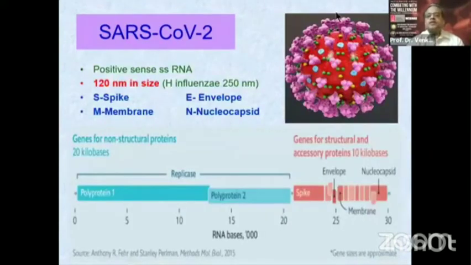So this famous picture shows the corona or the crown-like appearance of the SARS-CoV-2. This is an RNA virus, single-stranded, which is very large. It's 120 nanometers in size, which is almost the size of chlamydia and half as big as other bacteria like H. influenzae. It has a very large genome of around 30,000 base pairs, of which 2/3 or 20,000 are occupied by a large conserved replicase, which is present in most of the coronaviruses. The more variable areas are the spike, the envelope, the membrane, and the nucleocapsid.